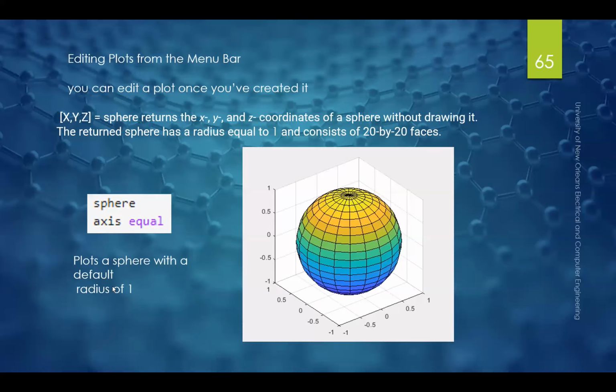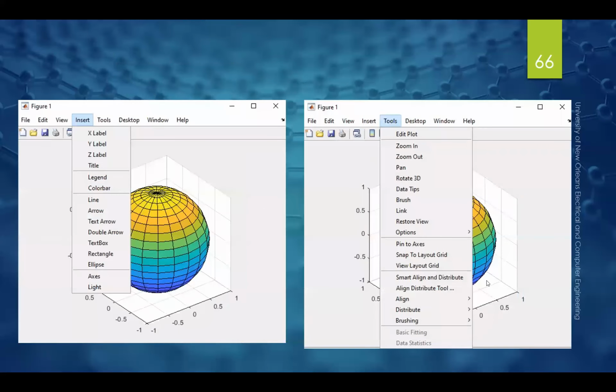There are other ways to change the default radius, and we'll get into that probably later, but that's not the main interest here. It's mainly to generate a plot and to show you how to customize some of the information that you're going to see in it. But in any case, this generates a nice sphere plot with a default radius of 1 by simply typing that function name. And of course, axis equal will make the axes equal. So now,